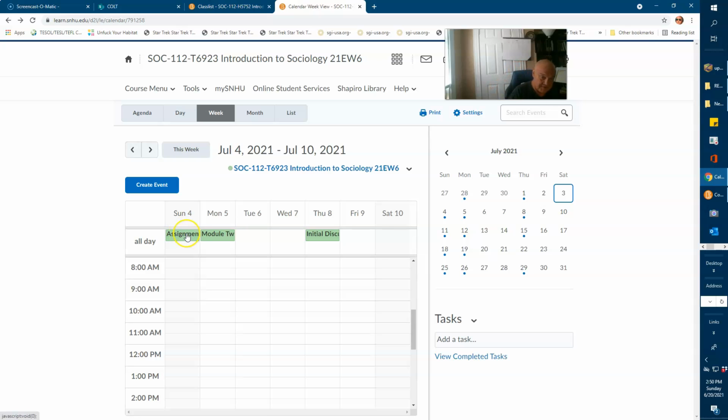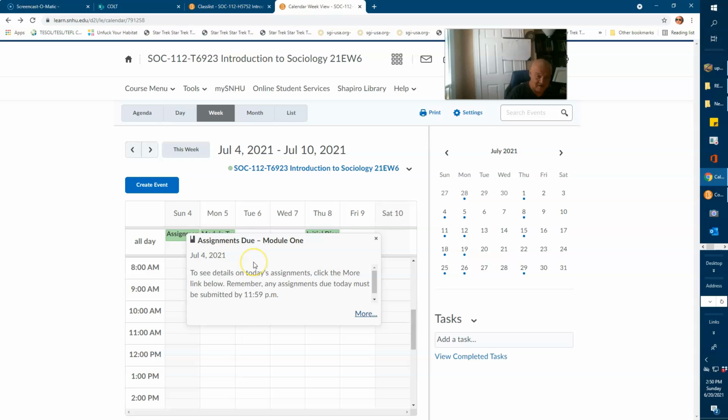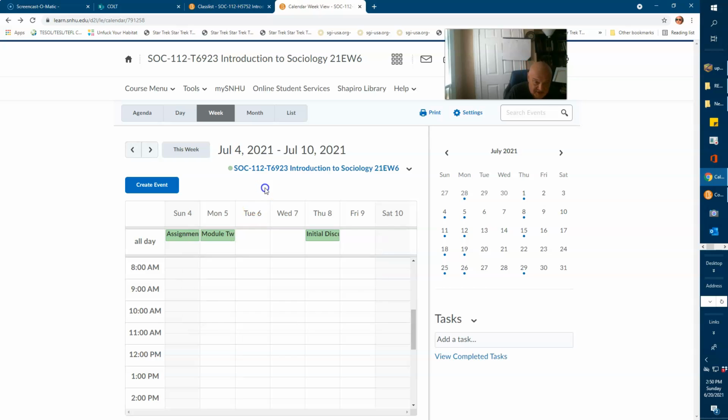However, what happens is assignments are due for Module 1. Now, for Module 1, for this class, you will have a discussion post and then a worksheet. Okay, that's the assignments due. In terms of the calendar, and we'll go over details about the assignments in just a second,